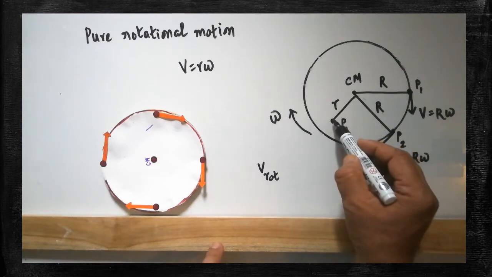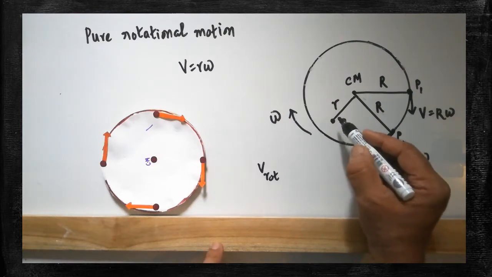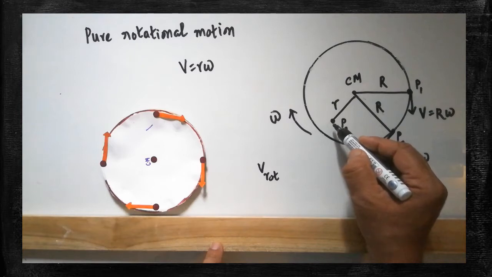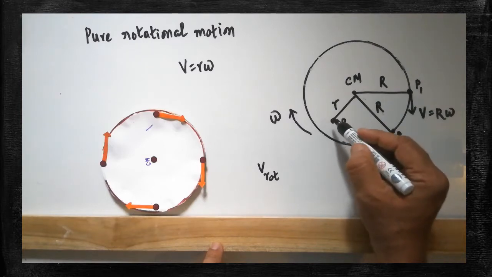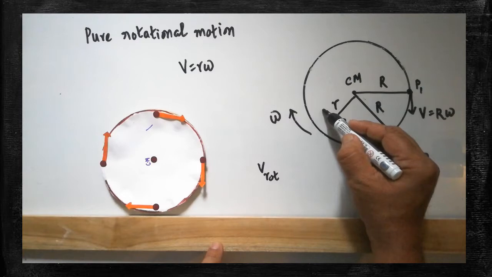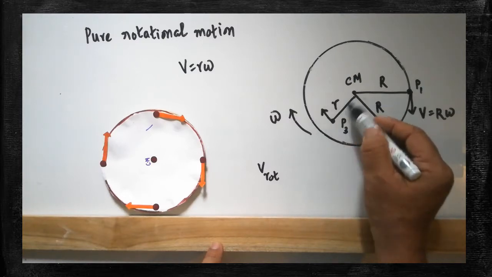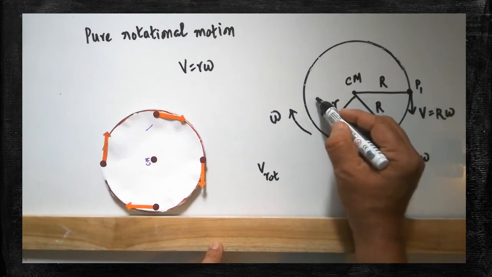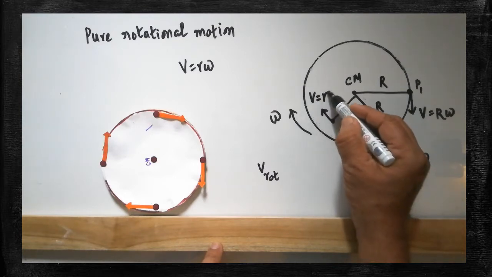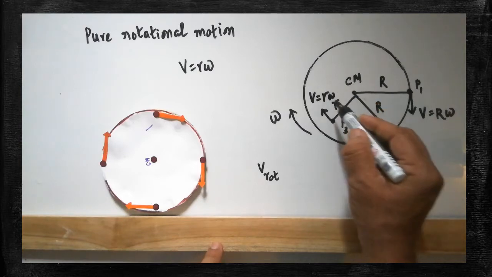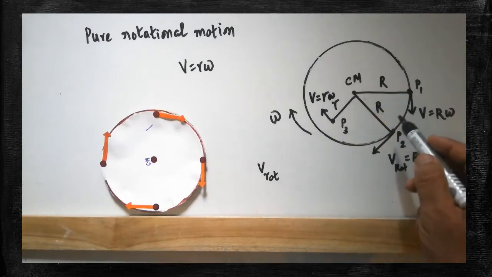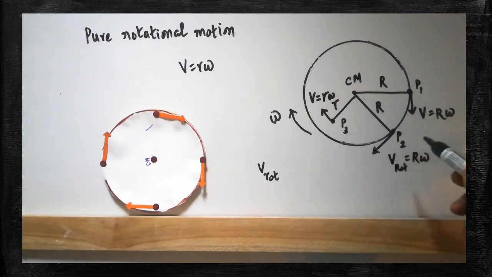Now I would like to calculate the rotational velocity of the point P3. This point is a little bit inside, within the disk. How will you calculate? Here we have to draw a perpendicular line, drawn perpendicular to the distance between the center of mass and the point of location. So here also we are able to calculate the rotational velocity. The formula is small r into omega. Each point has its own rotational velocity, and for that we have to use this formula.